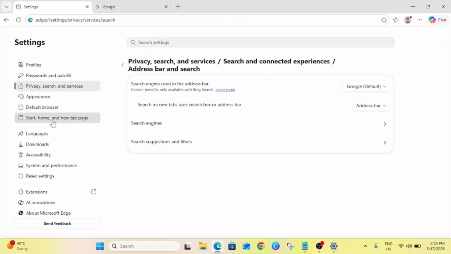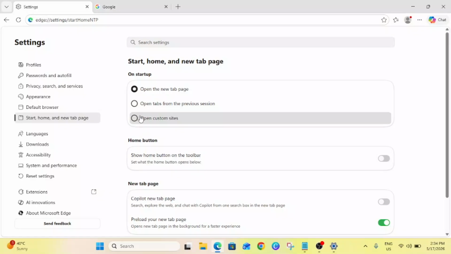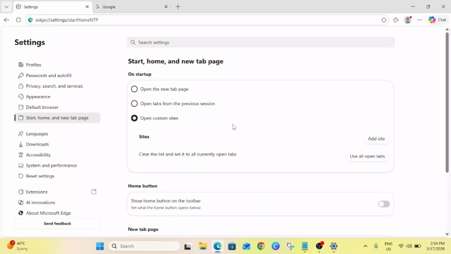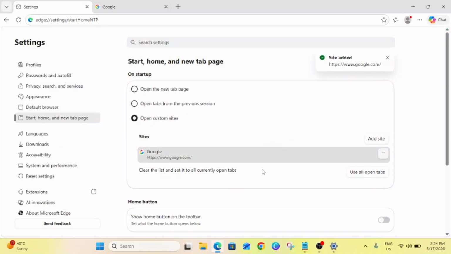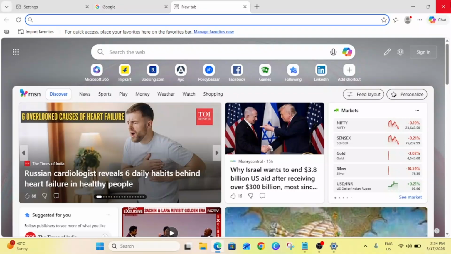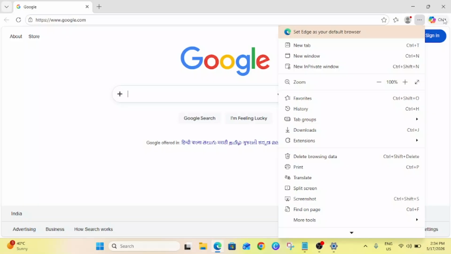and now go to start, home and new page. So click on open custom sites, then click on add site and simply type here the Google one. And now once you open a new page and open Edge here, Google Chrome should be coming up here by default. But still there is Bing in your Windows search,